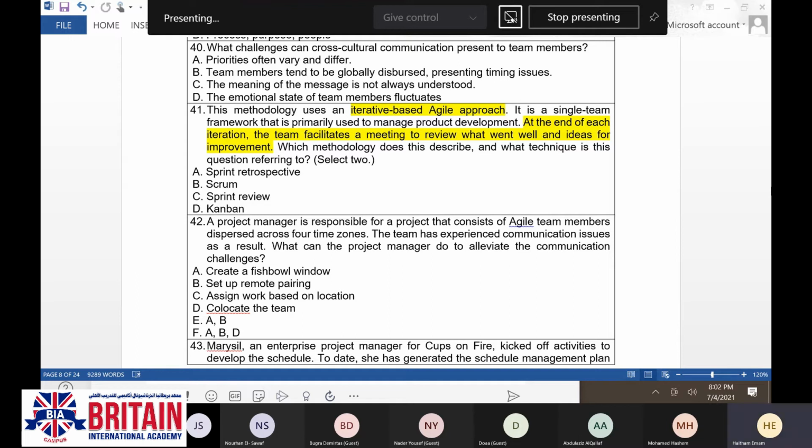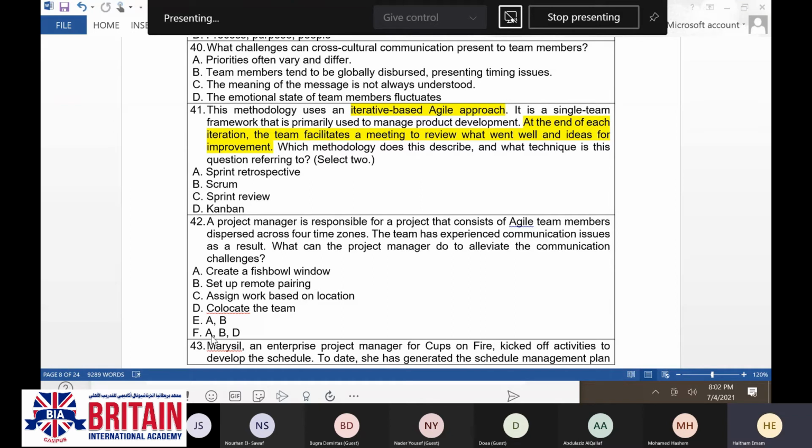So also option C is going to be removed. So options C, D, and even F are going to be removed. Why? Because option F is saying what? A, B, and D. And D we have removed. So now we have A, B, and E.